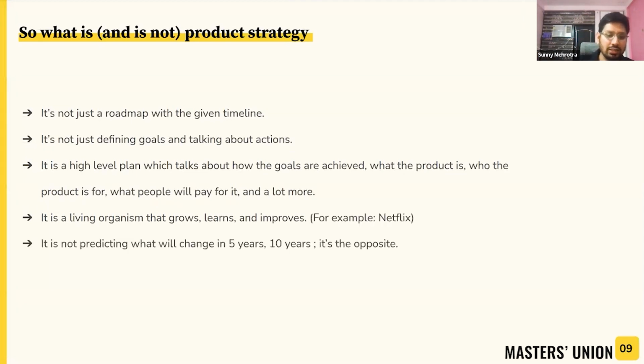And the very last, I have this beautiful line. Strategy is not about predicting what will change in 5 years or 10 years. Actually, it's the opposite. And I have a very good example that has lived with me for a long time, where someone was asking Jeff Bezos, and trying to understand his mind share in terms of what Amazon will witness in the next 5 years, what Amazon will witness in the next 10 years, or where the technology could be.